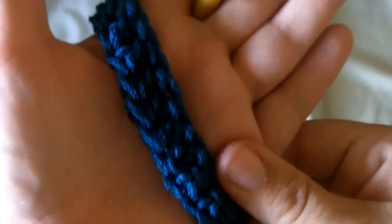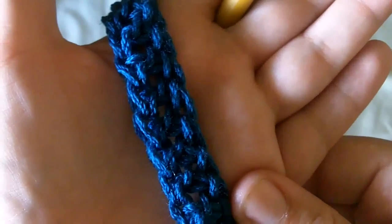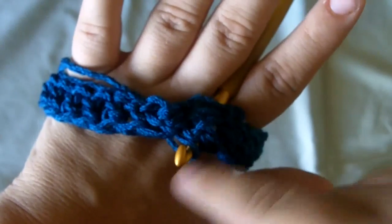If you find that your glove is too loose or too tight, go ahead and add in 2s. You want to make sure that your number stays odd, not even. And here I just used my hook and weaved it through so that it was connected like a circle. So now we're ready to start